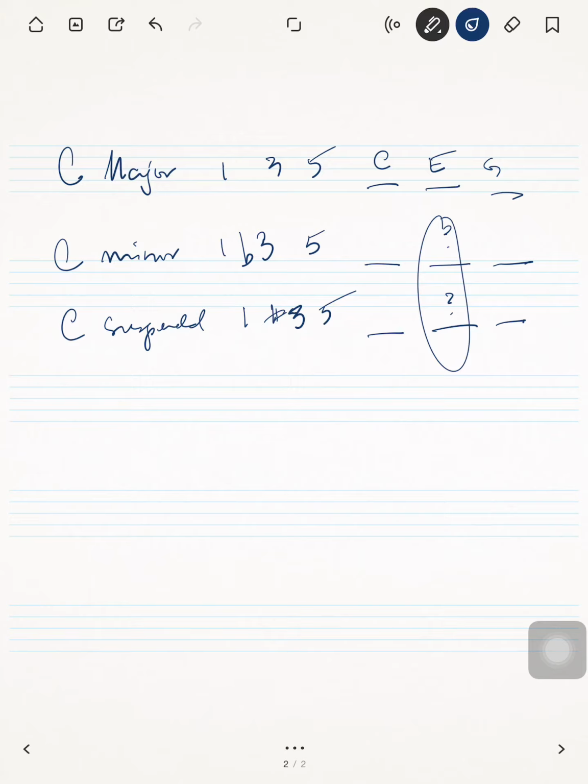But now as well, for our band, I need you to find out what are C major, minor, and sus. So you already know this one. I need you to find out what is F, what is G, what is D, what is A. So you need to find out what is C minor, major, and sus of C. What is F major, minor, what's F suspended, and all of these. So for F, G, D, and A. For this one assignment specifically, I need you to give me the names, give me the letters